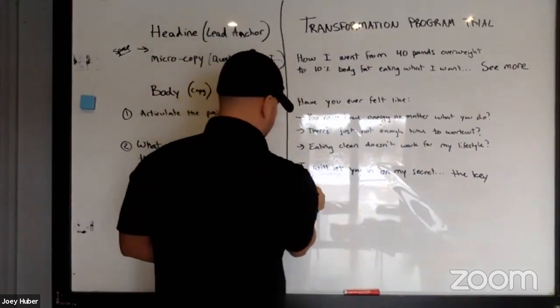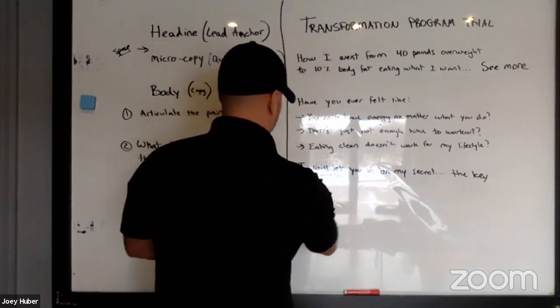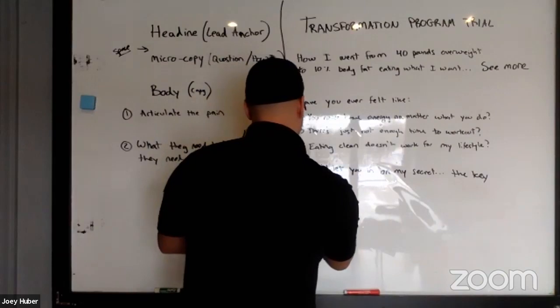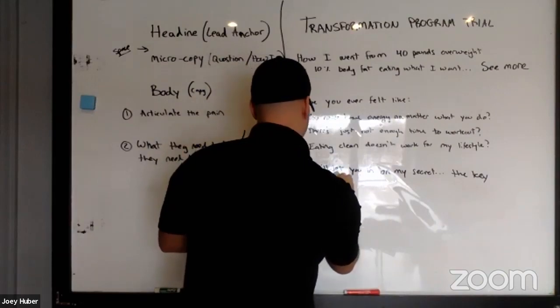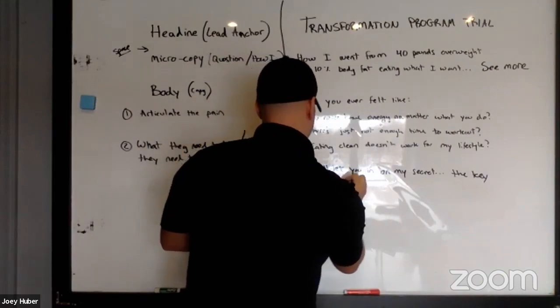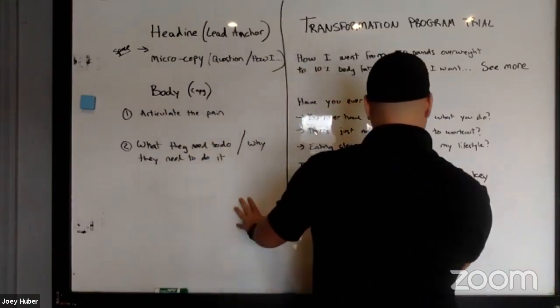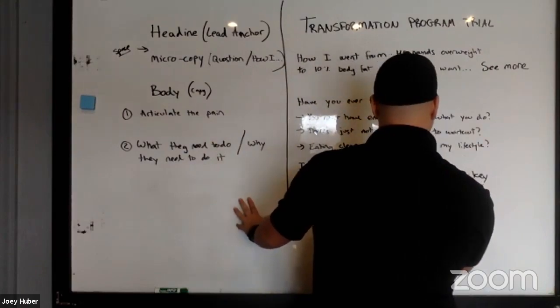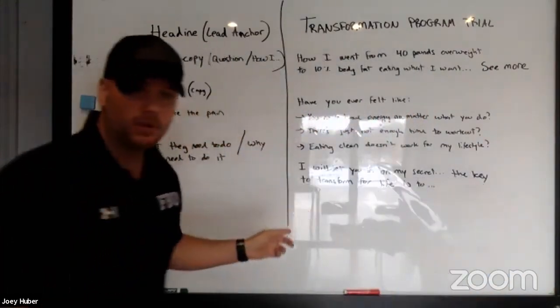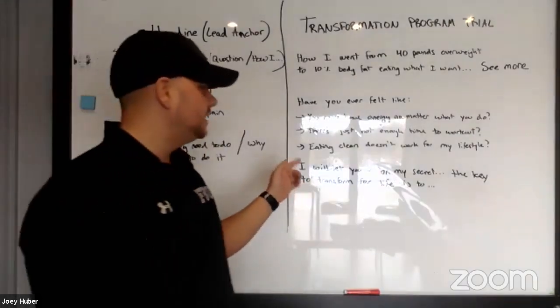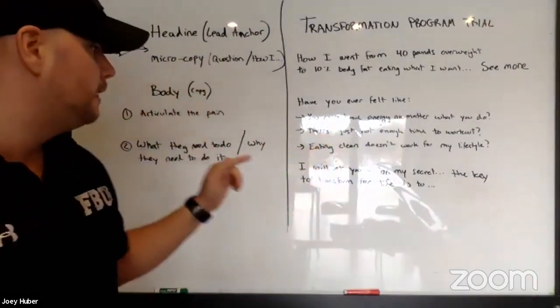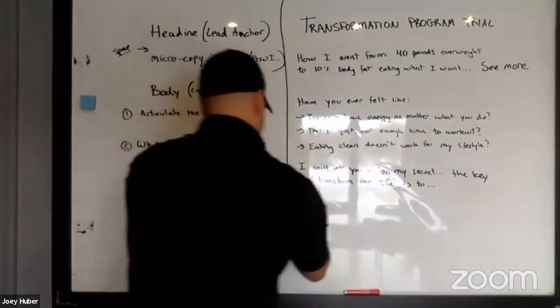Here, let's write: the key to transform for life is to... Now we're going to use some more emojis. I will let you in on my secret. The key to transform for life is to